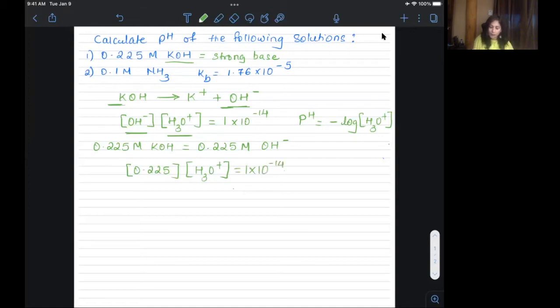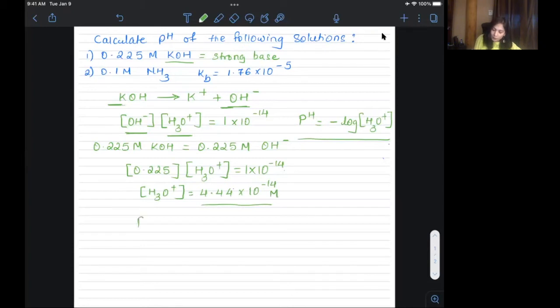And when you do the calculations, your hydronium ion concentration comes to